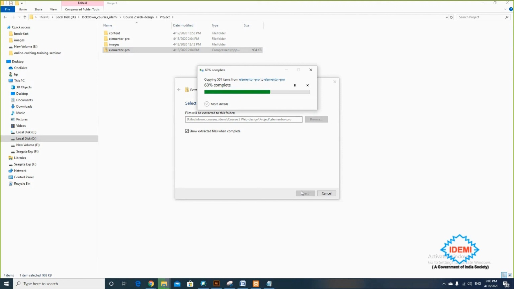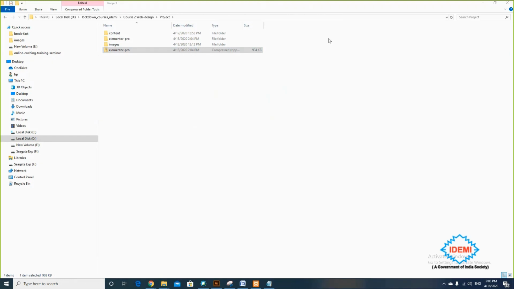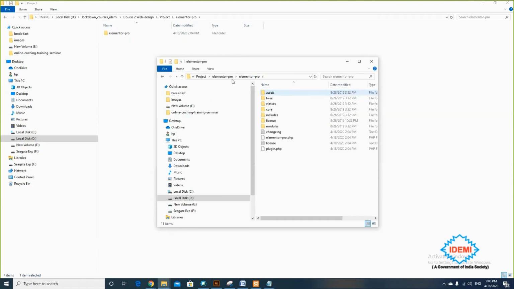Okay, once I extract, it's giving me Elementor Pro. Zip file. Okay. So this is Elementor Pro. Okay, and these are the assets.